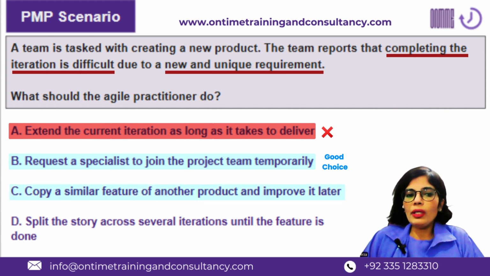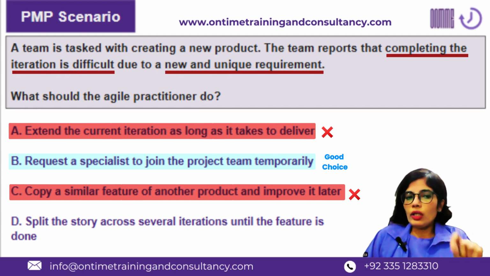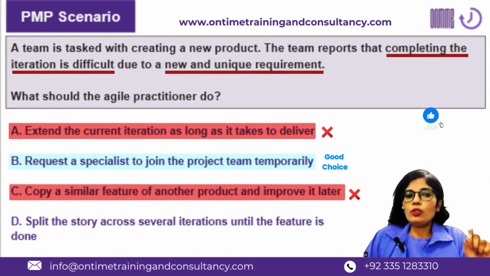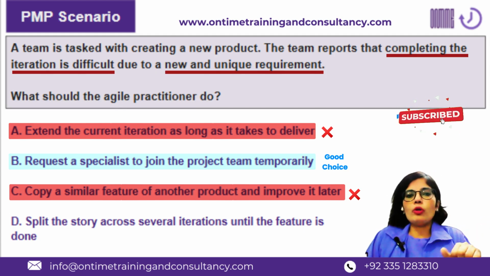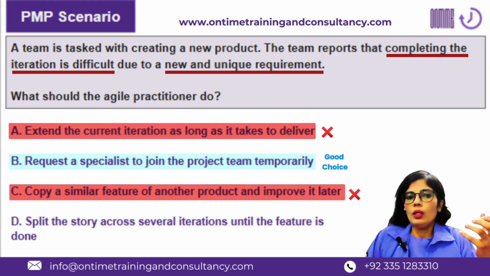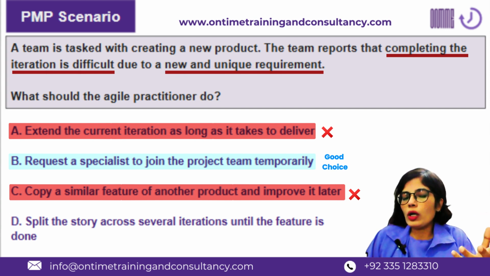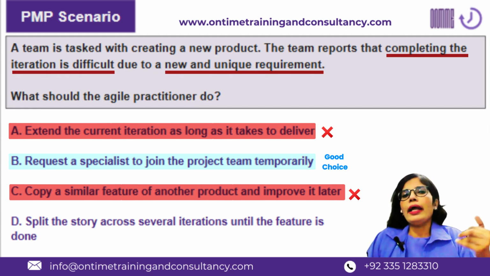Option C, copy a similar feature of another product and improve it later. Now, this option, like option A, is altogether out and not a good thing to do. The reason being, if you are going to copy a similar feature of another product in the current product, then number one, this is not going to help, because the problem that you are facing is that it's a new and unique requirement you are working on. So most likely you don't have any previous experience in the organization regarding that. And even if you do,